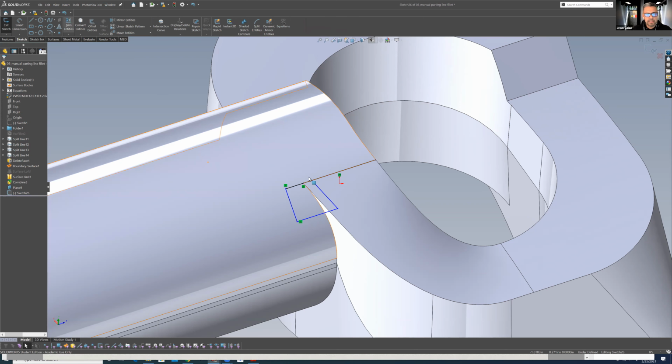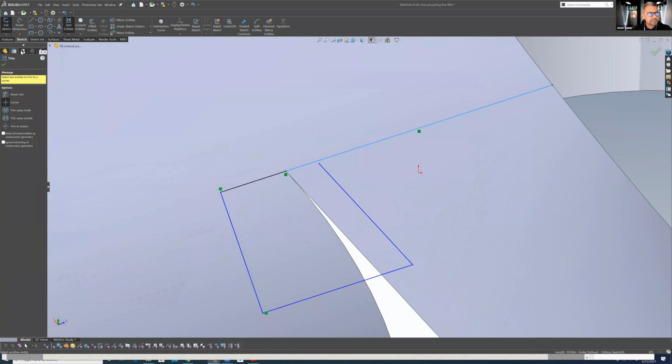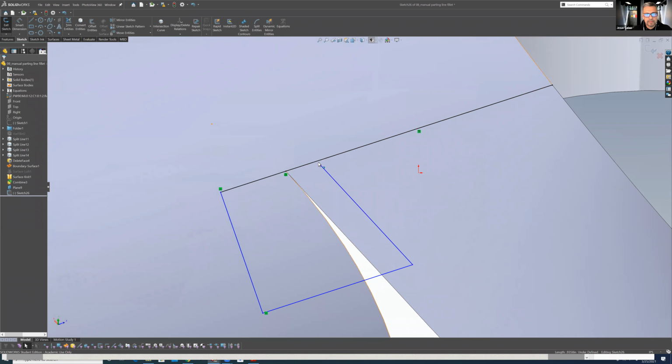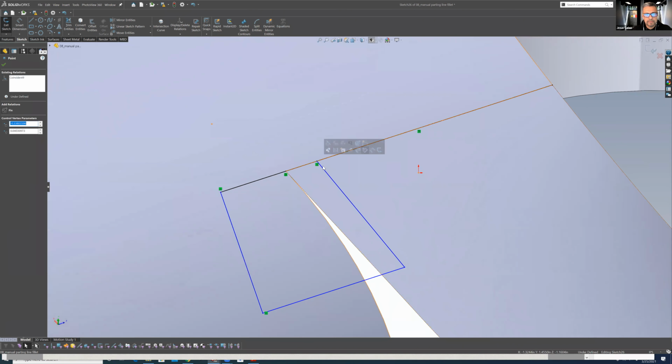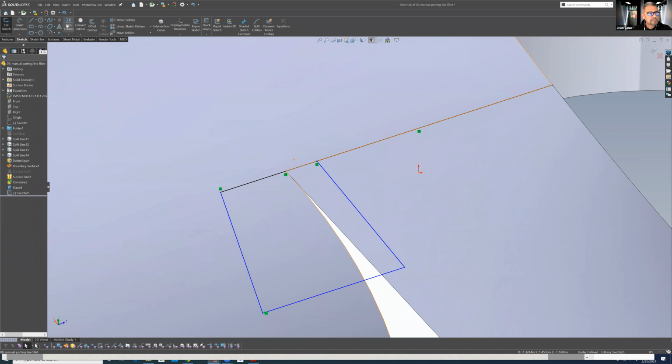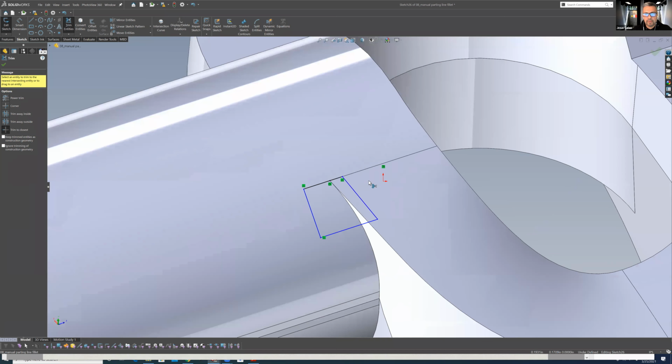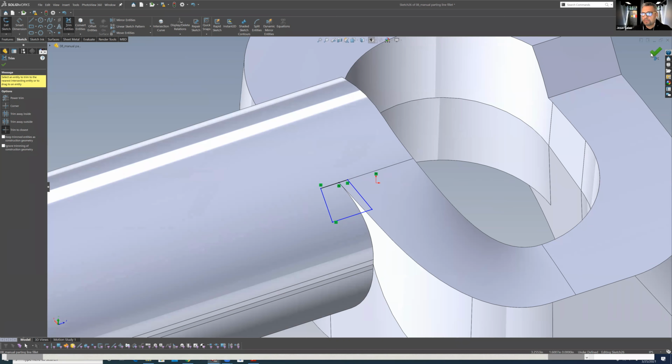Or trim this one back. Oh, there's no corner there. Okay. I'll hit the corner trim tool. So click there and see how this one doesn't touch. Okay, so now it's closed. Okay, so now I'll go back to